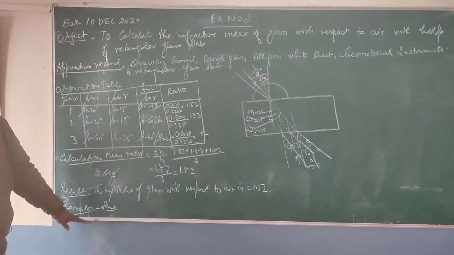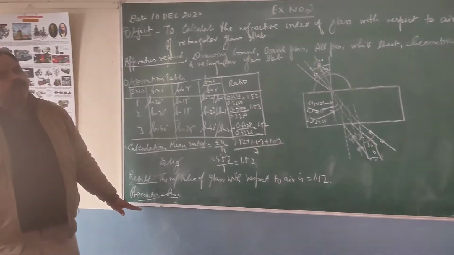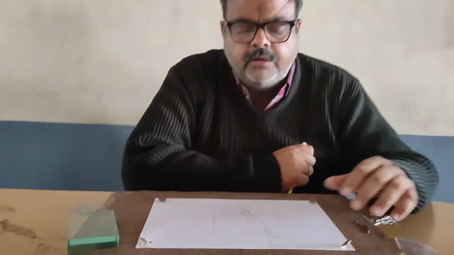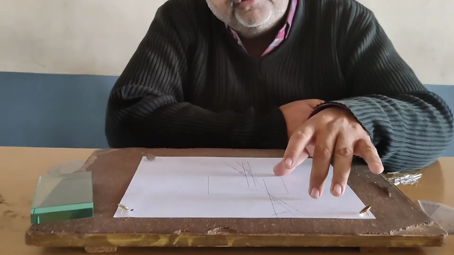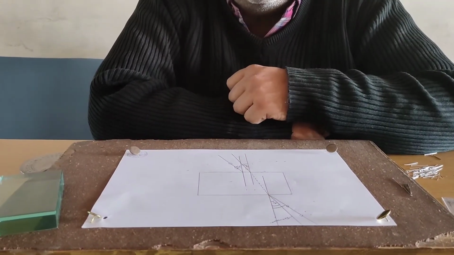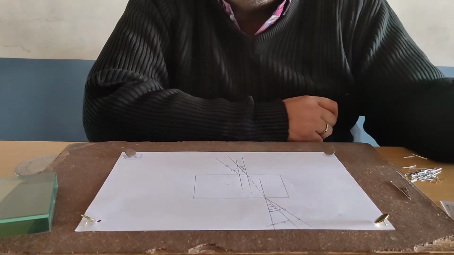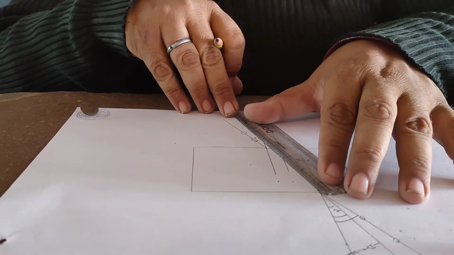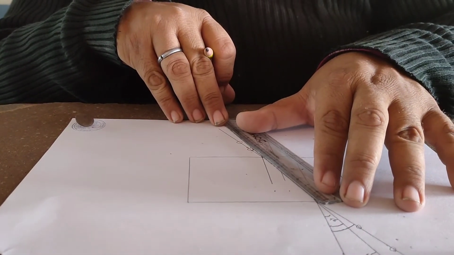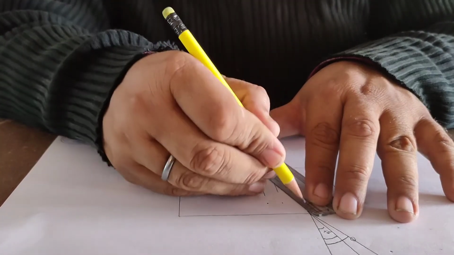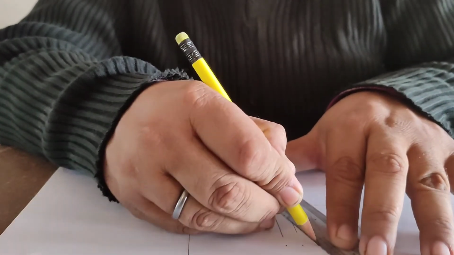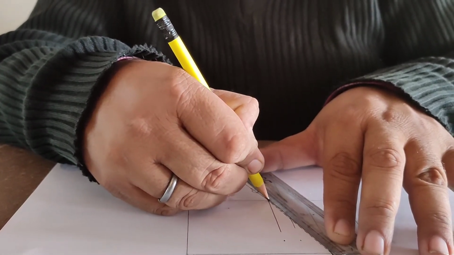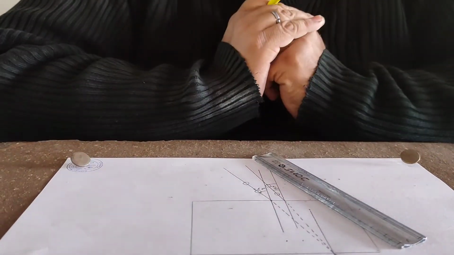Clear? And those are the precautions. In this way, the experiment to calculate the refractive index of glass with respect to air is done. Till here, what we have done, we have to do in the second experiment also. Now, for the second experiment, what extra we have to do is join the point of incidence to the emergent point on face CD, the other face of the glass slab, with a dotted line. This is the refracted ray which has travelled inside the glass.